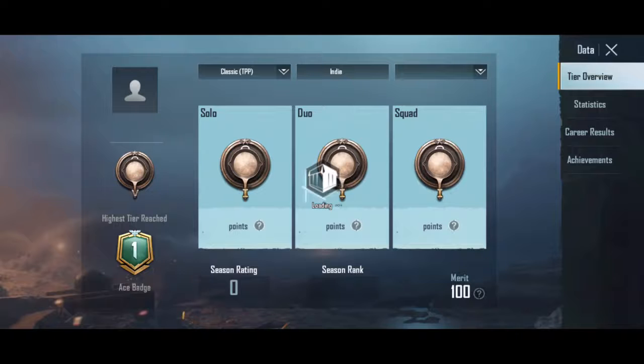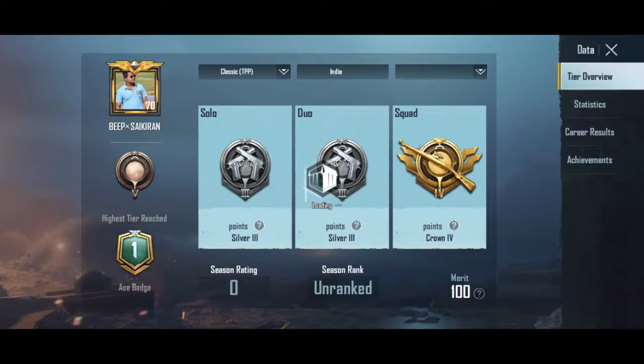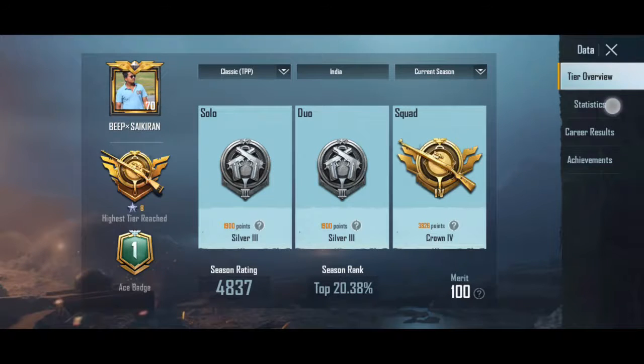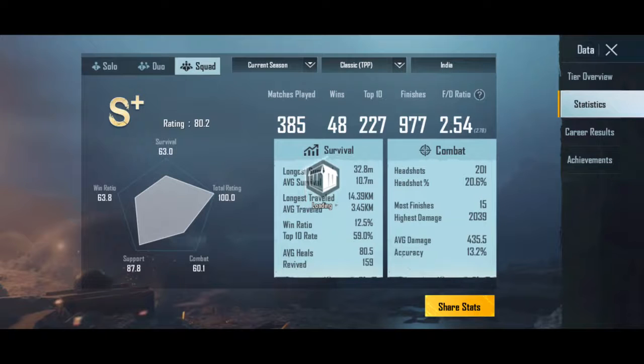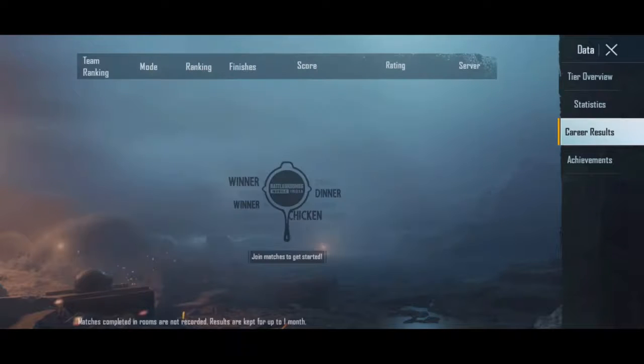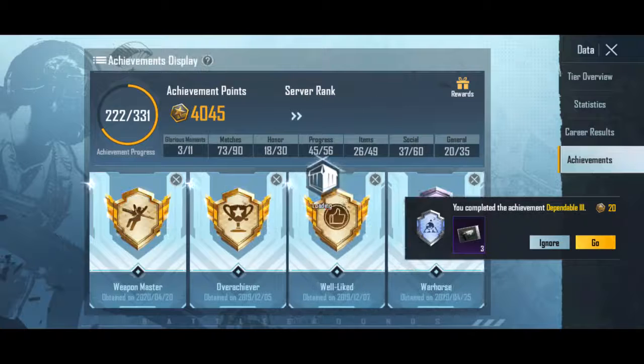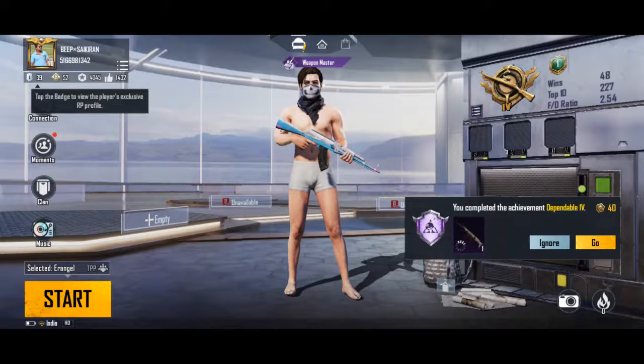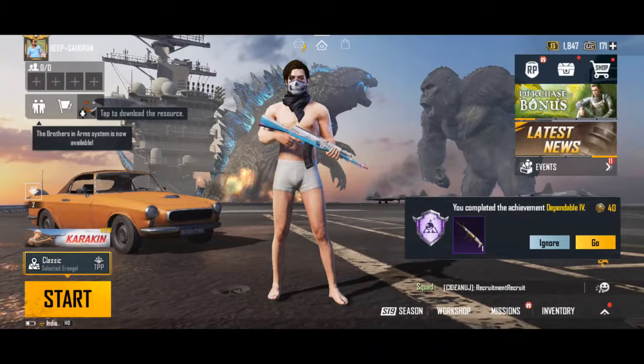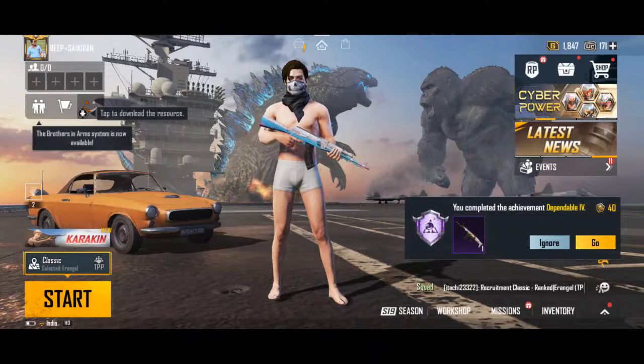You can see it in my statistics also. My tier overview is Ground 4, which was the statistics from my global account. Now it shows in my Indian account. Finally, we have transferred the data successfully.